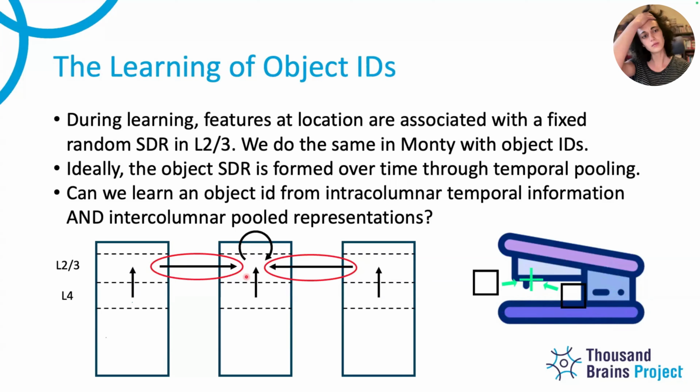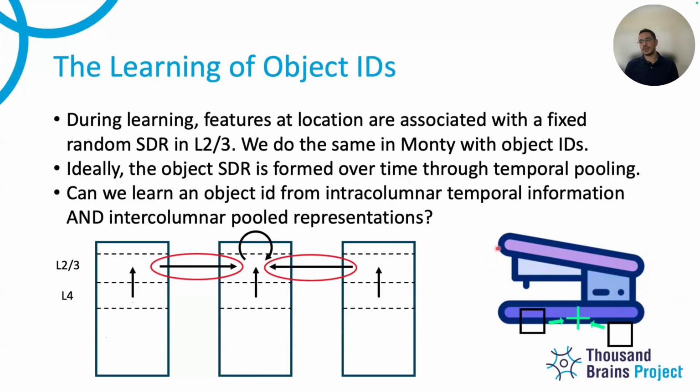But wouldn't it still have a lot of issues if it suddenly sees totally different points on the object that it hasn't visited before? Like, we still have the normal matching mechanism going on. Yeah, that's why this is adapting and it's learning. So as you are moving like this, if you start to sample a completely different location it hasn't seen before, the object ID needs to adapt and to learn, because it will have issues, because neither what it's seeing now or the neighboring columns, these are locations that may not have been seen before.